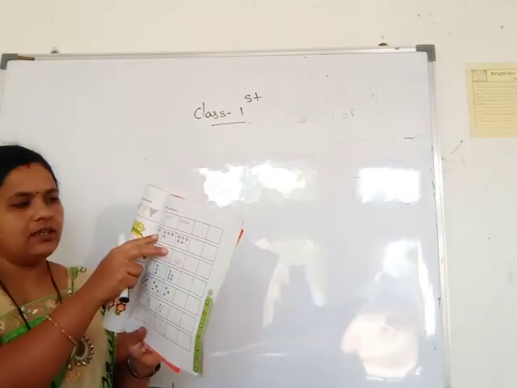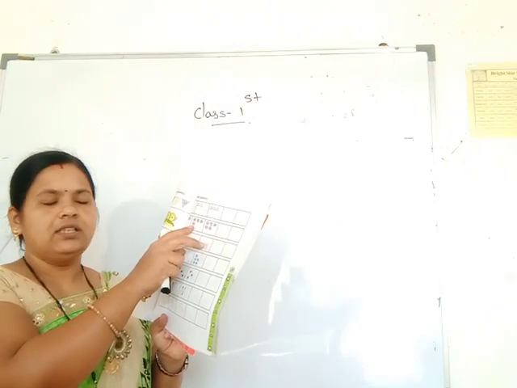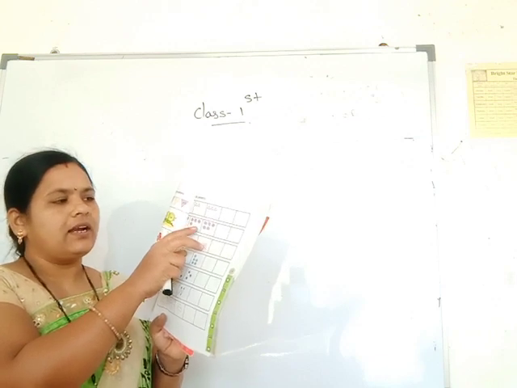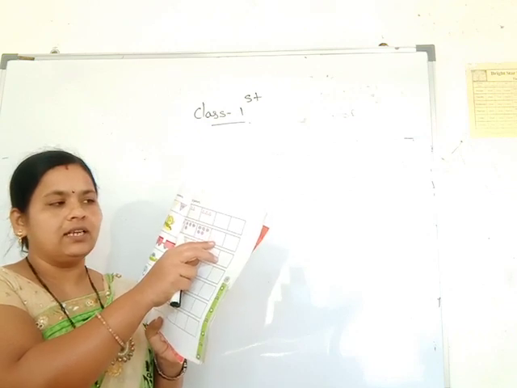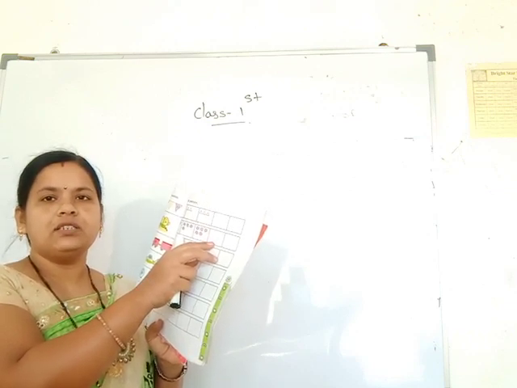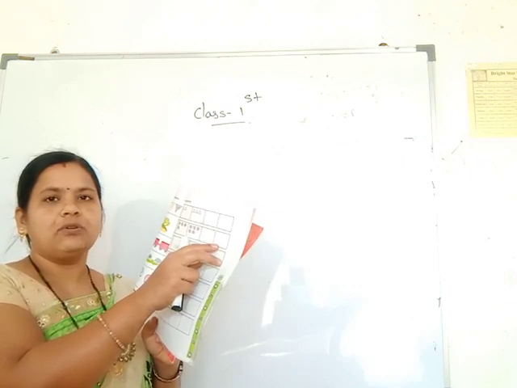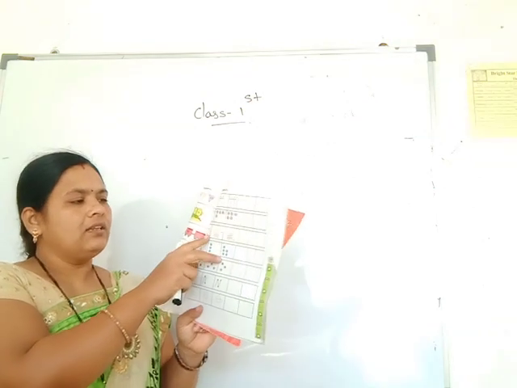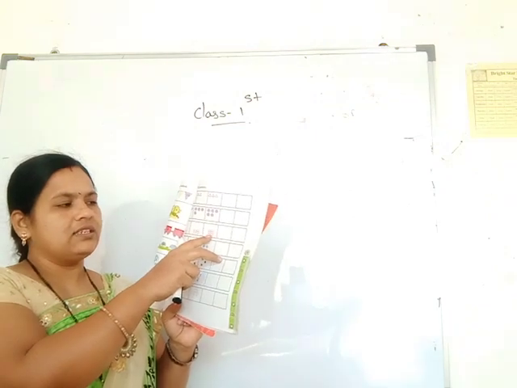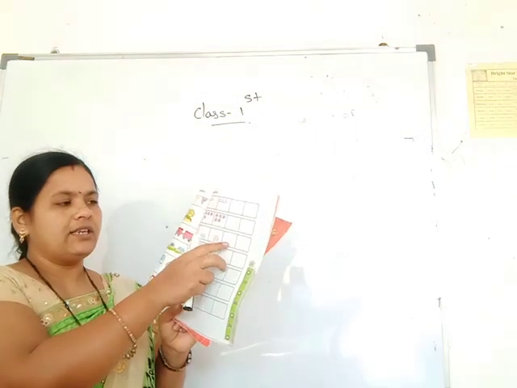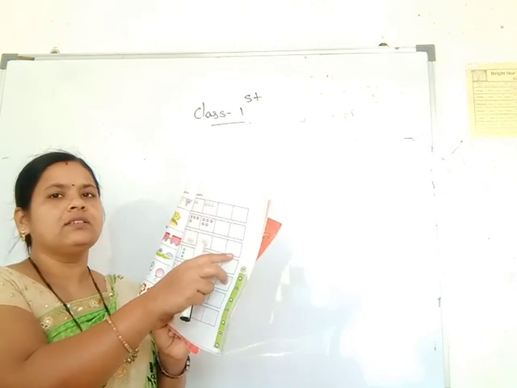Then second one, see here in one box three flowers, then here one added, in the second box four flowers. Again two added here in the third box means five flowers. Then you add three, so in the next box you draw six flowers, then again you add one, then in the next box you draw seven flowers. Then next one, see these circles here: two, then four, then six, means two added each time. Then in the next box you draw eight circles and afterwards you draw ten circles.